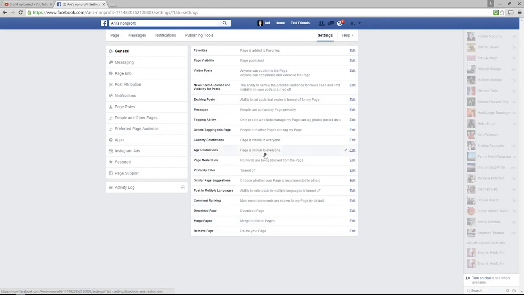Age restrictions, if you want to moderate and block words, if somebody's posting certain kinds of derogatory terms or whatever that you want to block, you can do that as well. These are your settings for everything, messaging, post attribution settings,